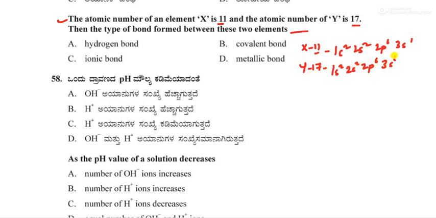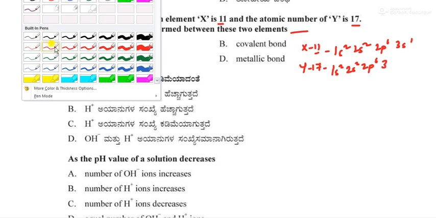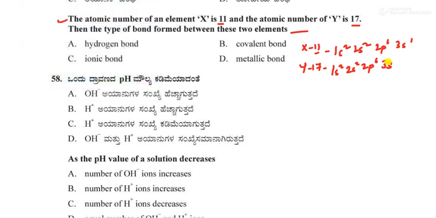So 3p6, 4s2 and 6 — 8 plus 6 is 14, 15, 16, and then you have 3d. This is 3d, and next 4s. Sorry, there is a mistake here, it is not 4s6. For s we have only 2, right? So 6, 4 plus 2, 12, and then you have 3d, 12 plus 5.